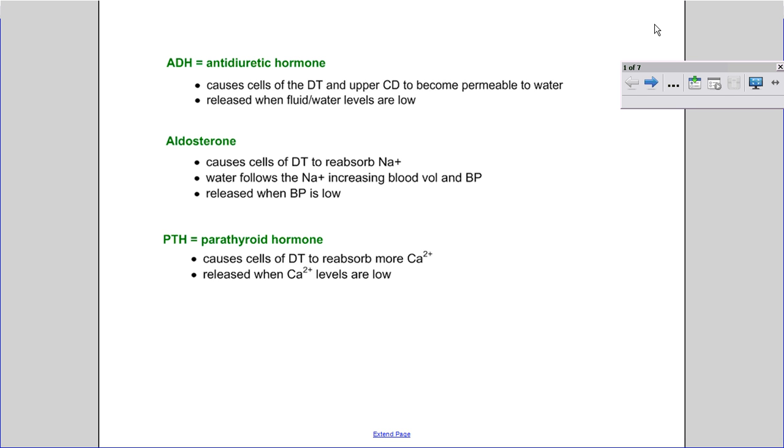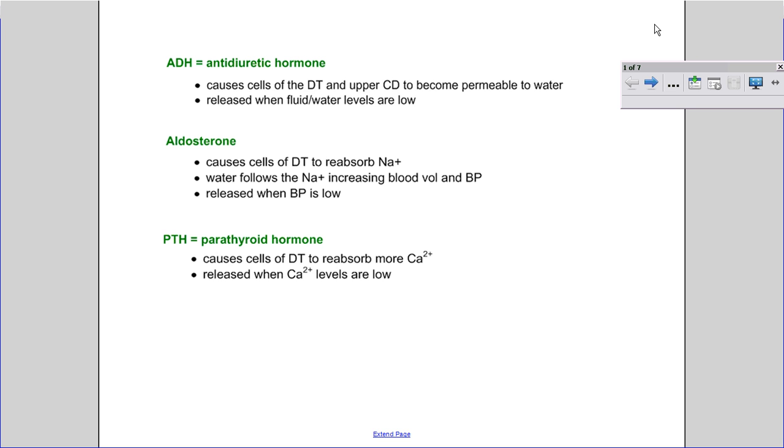So ADH is responsible for telling the cells of the distal tubule and the upper collecting duct to become more permeable to water. So they make certain pores that are needed for us to reabsorb more water. So if your body is dehydrated, or if you've been doing strenuous exercise or things where you're releasing a lot of fluid, or you haven't been taking in very much fluid, then this hormone is going to be released in order for you to reabsorb